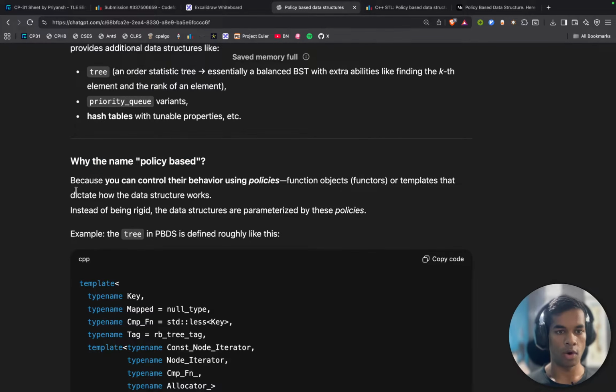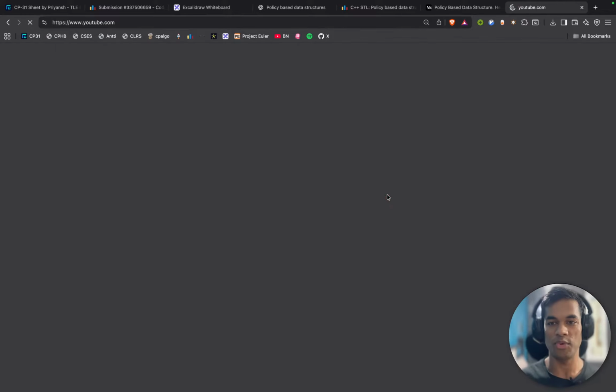Now, why the name policy based? Because you can control their behavior using policies. Okay, function objects, functors. You know, if you do not know about functors,